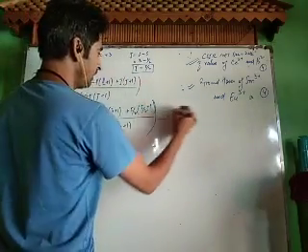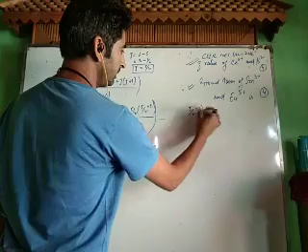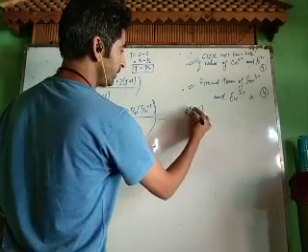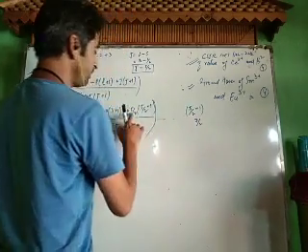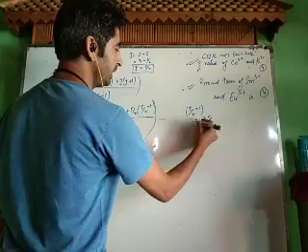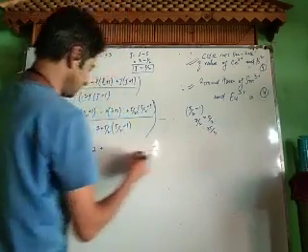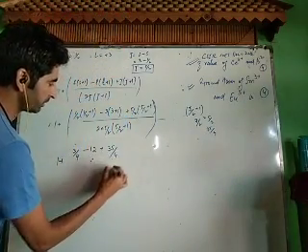Let us do it: 5 by 2 plus 1 is 7 by 2. We have to multiply it by 5 by 2, that is 35 by 4, plus 35 by 4, divided by